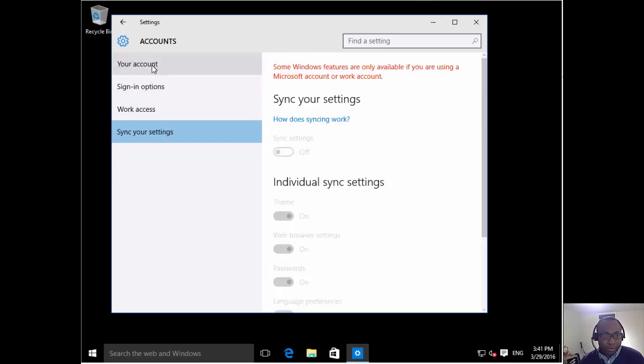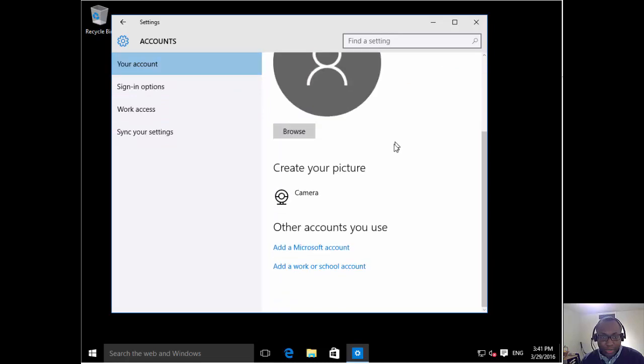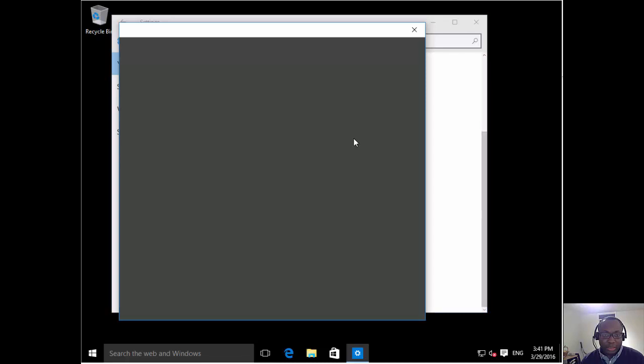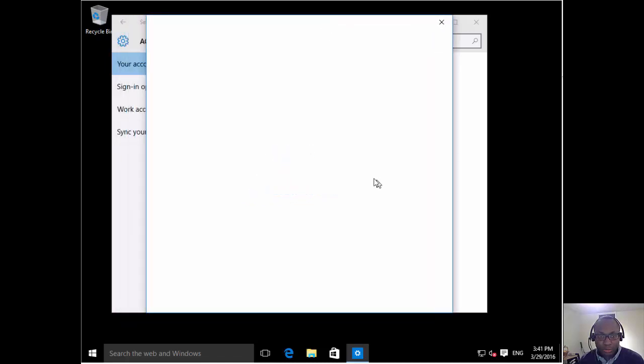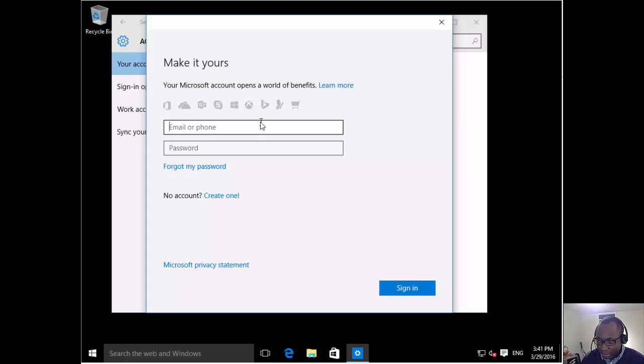So what I'll do is go back to, for example, your account here, and I scroll all the way down. I can see where I can add a Microsoft account. If I click on that, I'm going to be signing in with my Microsoft account now, and I'll try to remember what my username and password is. So I'll get a login screen. Yep. And I'll log into that as,